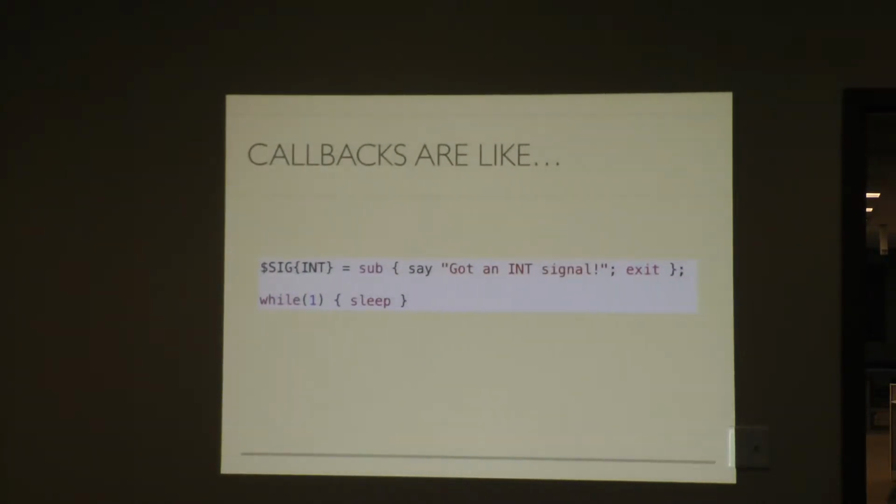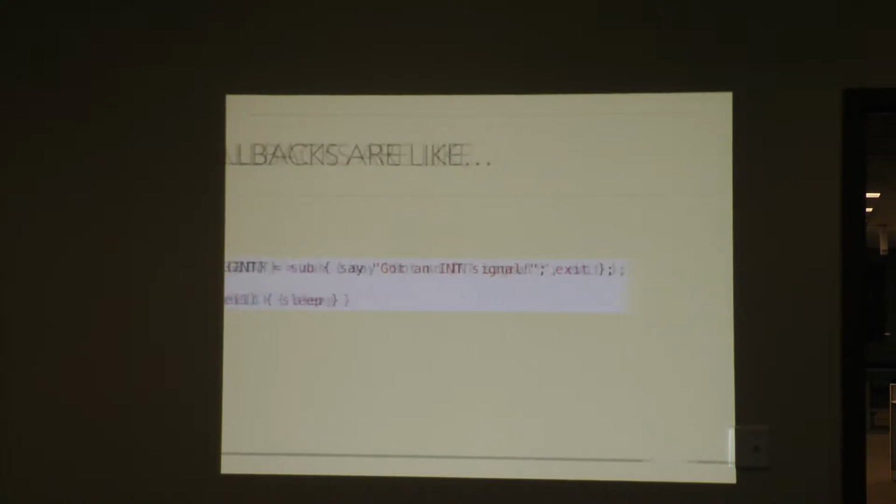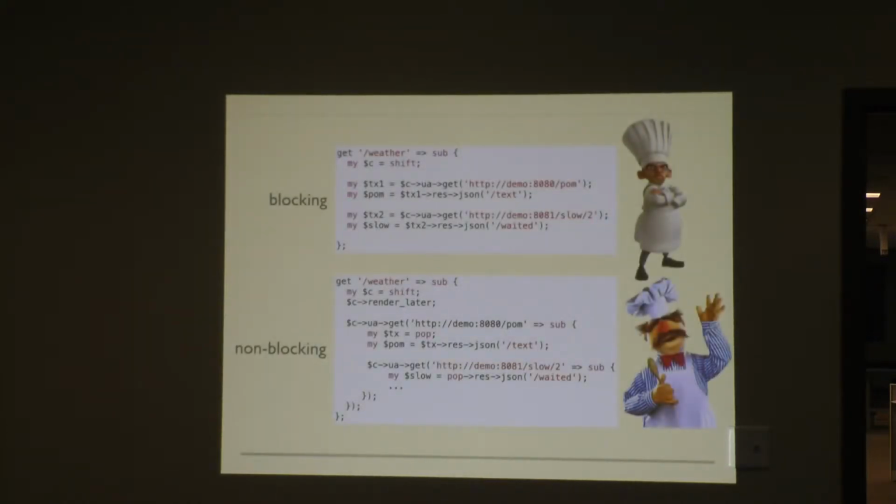So again, event loops are kind of like callbacks or signal handlers. In this case, the operating system is the event loop. And we tell the operating system, hey, run this chunk of code when the int signal happens. OK. So up at the top there, again, I keep having to abbreviate it for space reasons, but at the top we have our blocking program where we go out to phase of moon, and when that's done, we go to the slow. Down below is exactly the same